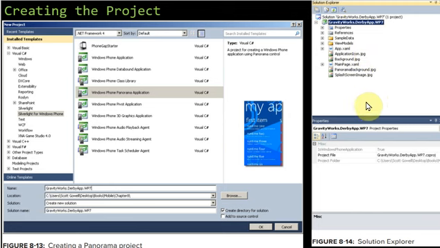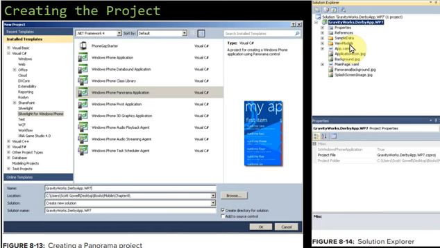Visual Studio will create sample data as well as view models for your application. You can see here in the Solution Explorer, you have a folder called sample data, and you also have a folder called view model. Visual Studio is going to create this for your application.